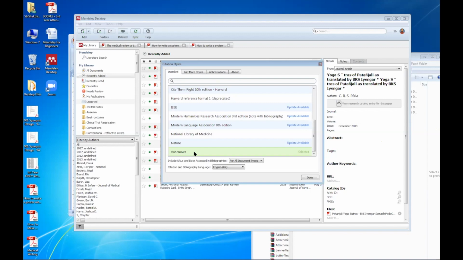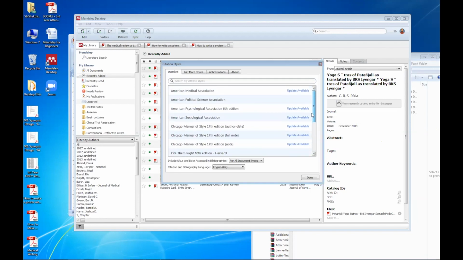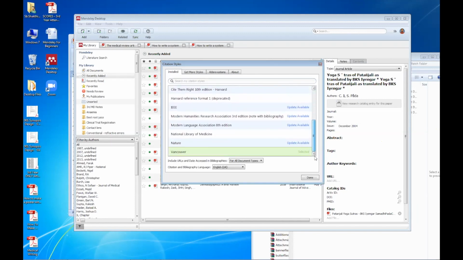In fact, most of the journals have this style. Not every journal, but many have it. There are so many styles. There are almost 6,000 styles of references. I do not know how they come up with all the ideas, but select Vancouver and press this, use this style. You can choose any of these styles and press done.